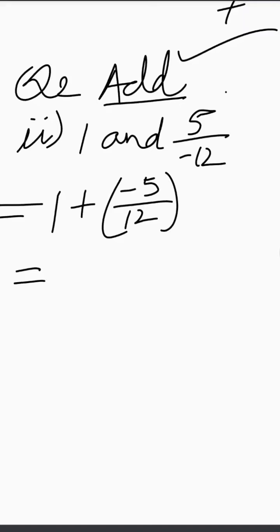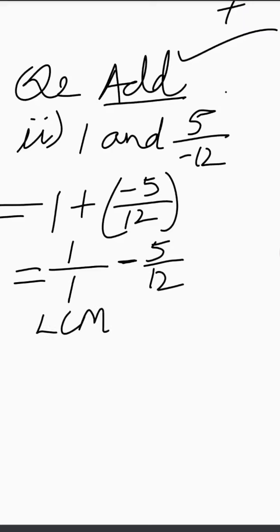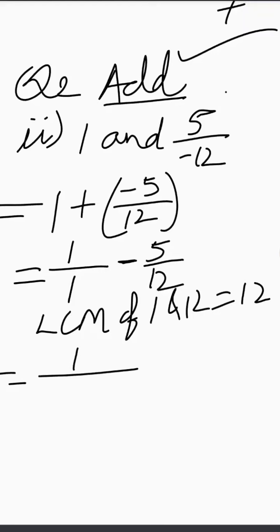Now start with 1. Here is the denominator, here there is no denominator, so you know you have to take 1 always. Plus into minus is minus. Remember children, in the next step you want only one sign, so you have to simplify the sign, and this is 5 by 12. Now again you have to find what? LCM. LCM of 1 and 12 is what? 12, you know. So there are many ways I have explained to you. The simple way you know very well is this one.